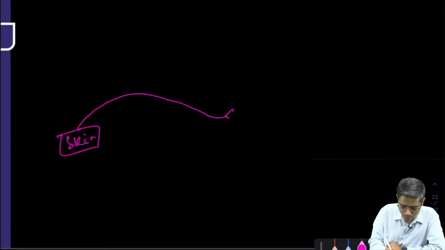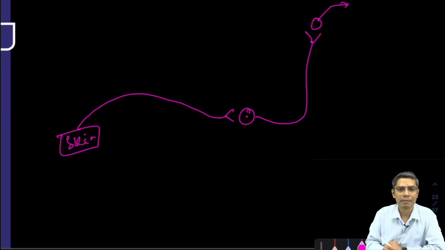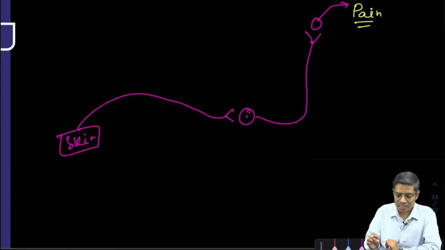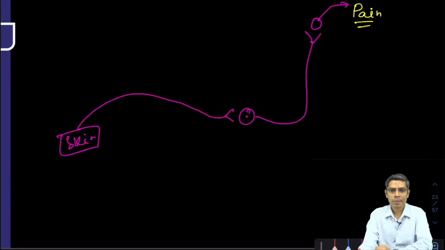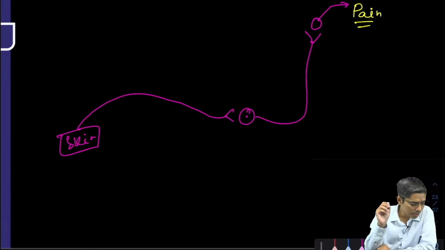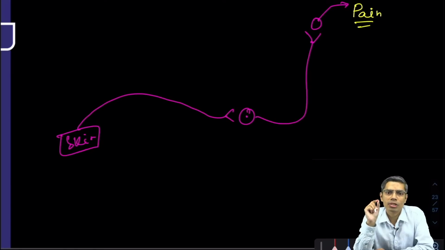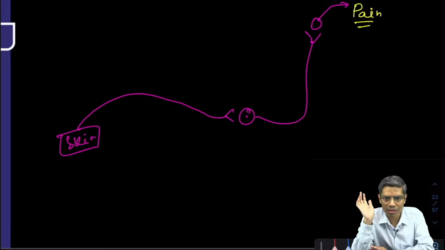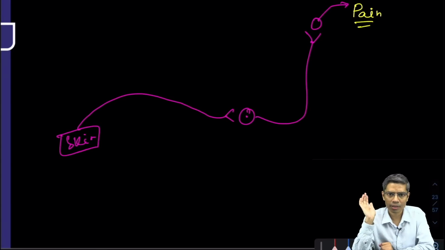Suppose this is from the level of your skin. From the skin, one pathway is going to the brain, this is the first order neuron, this is the second order neuron, third order neuron, it is going to the level of the brain. Suppose this pathway, this fiber, is connected to a particular portion of the brain, to a particular portion of the somatosensory cortex or thalamus, whatever you say, and that is responsible for pain perception. Then whether you